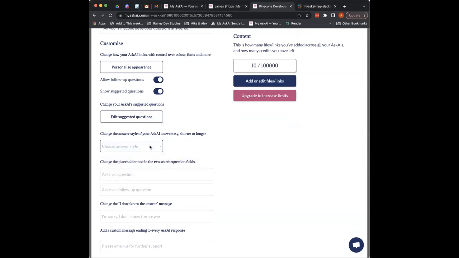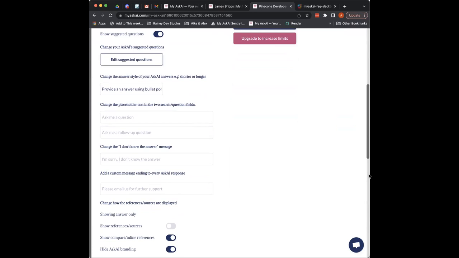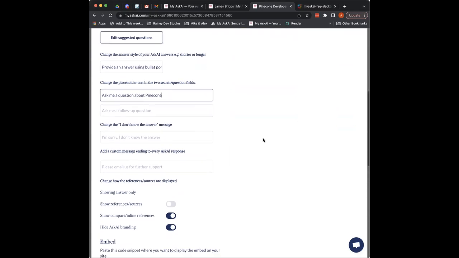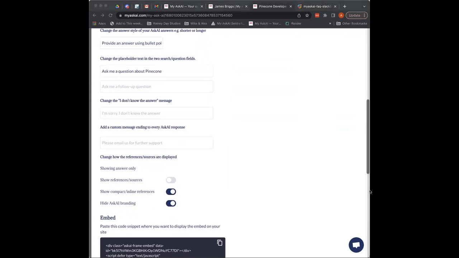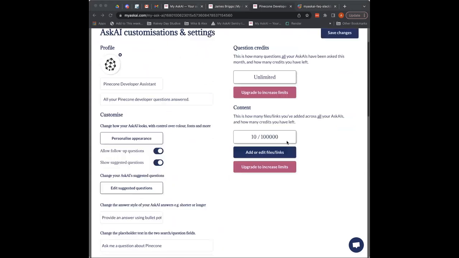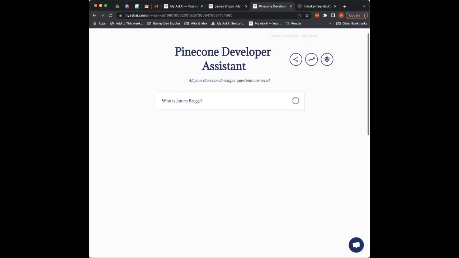We're going to change the answer style so it comes in bullets, so things are nicely broken down and make a lot of sense, and you don't get big chunks of text. We're going to change the placeholder text for the search input, just so we can reinforce what this thing can and can't do. When it doesn't know an answer, we're going to change that and push out to the Pinecone email support, just so people can do that. And at this stage, we'll quickly save some of that and test some of that stuff out.